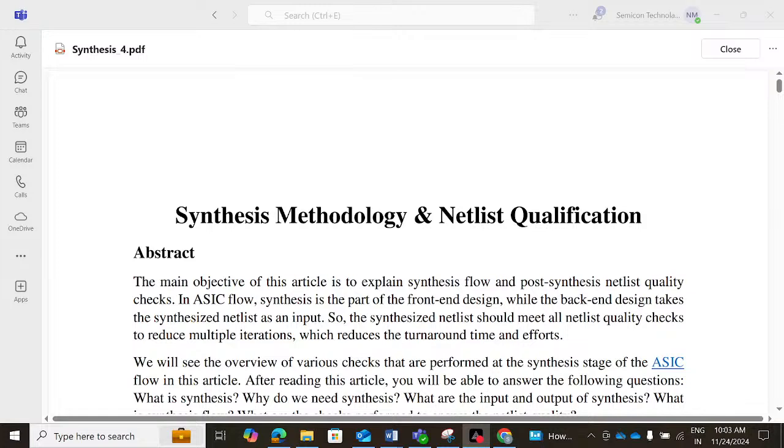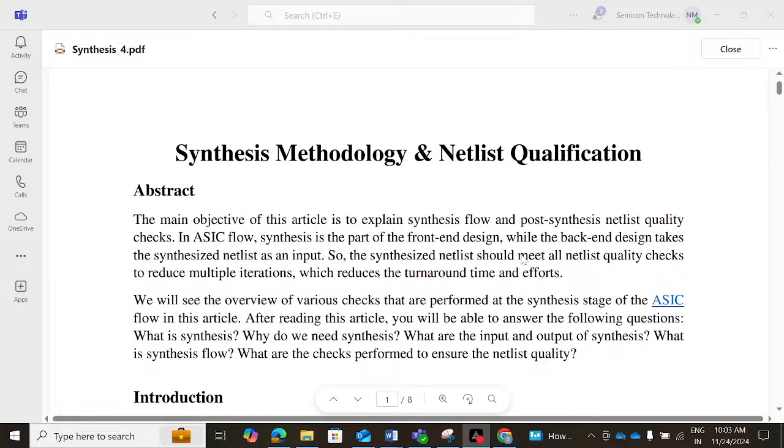So, technical topic is synthesis in VLSI Part 3. So, previously we discussed about synthesis in Part 2 and Part 1. So, let's recap what we discussed in Part 2 and Part 1. Okay, so synthesis, as we know in the ASIC flowchart, is coming in the front end part of